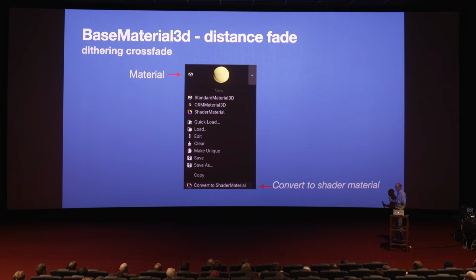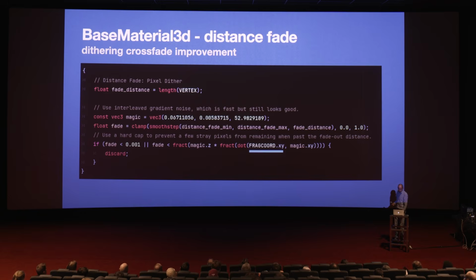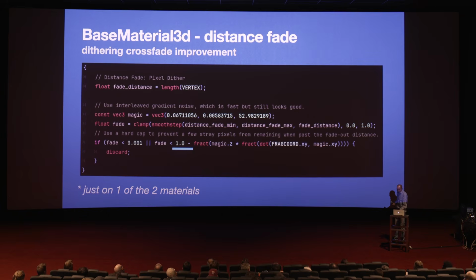Go to material, convert to shader material. In the shader, we can see FRAGCOORD being used. If you're not into shaders, basically that means screen space coordinates are being used, which is kind of the giveaway that, okay, here's the dithering pattern. If we add this, notice the little 1 minus. If you do this on just one of the two materials, so basically what's going to happen, if you